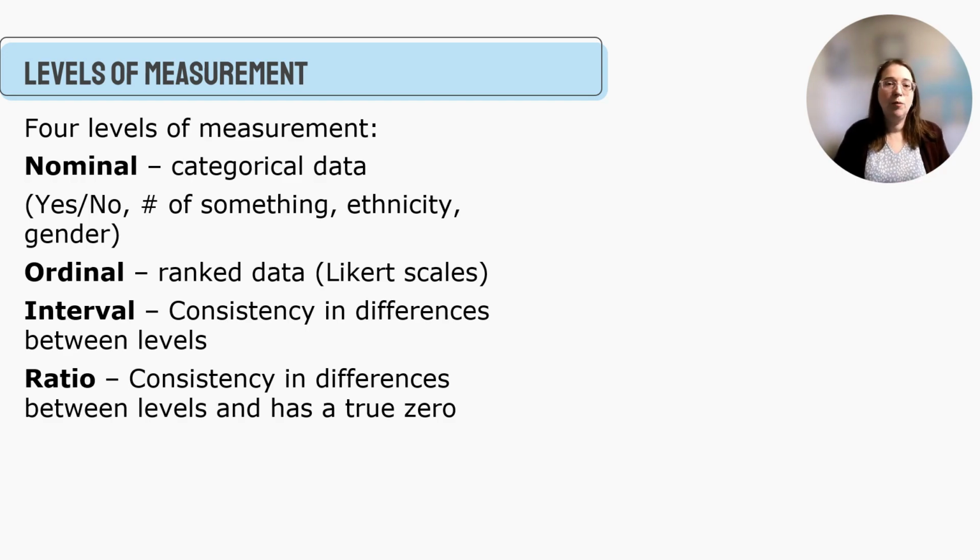And this can be a little bit tricky sometimes. So the first one we talk about is nominal data. And that's typically categorical data, which means it's something that's mutually exclusive. You might have someone that says yes or no to a question. You may not have someone say yes and no to the same question. They either are or they aren't. So they're mutually exclusive in that way.